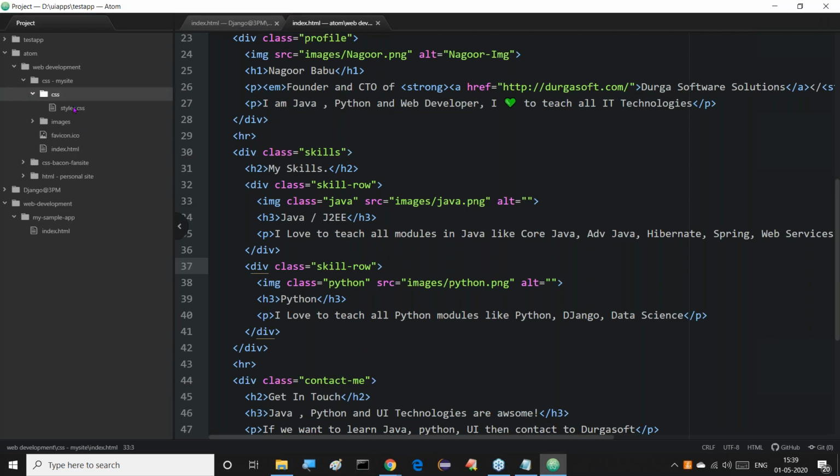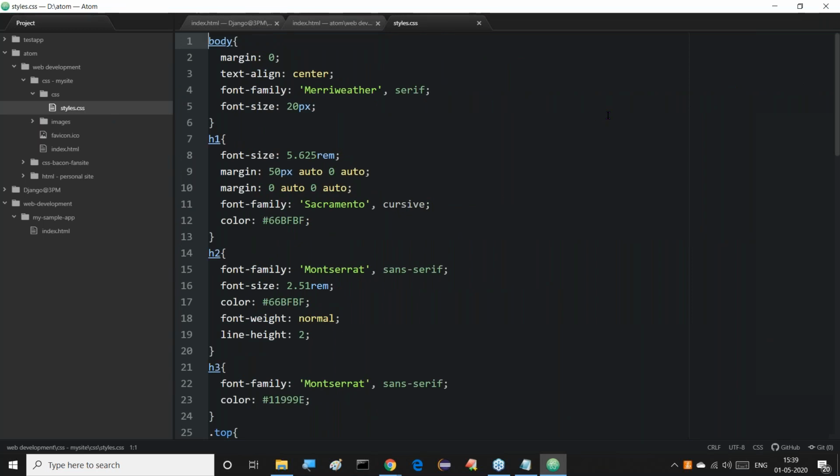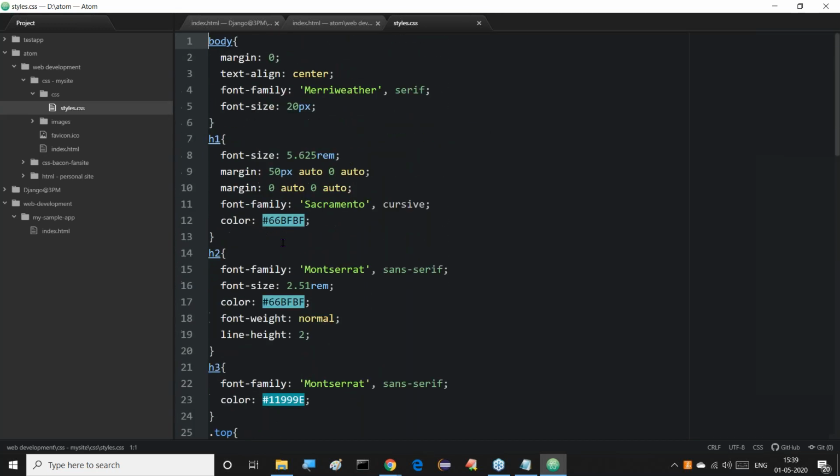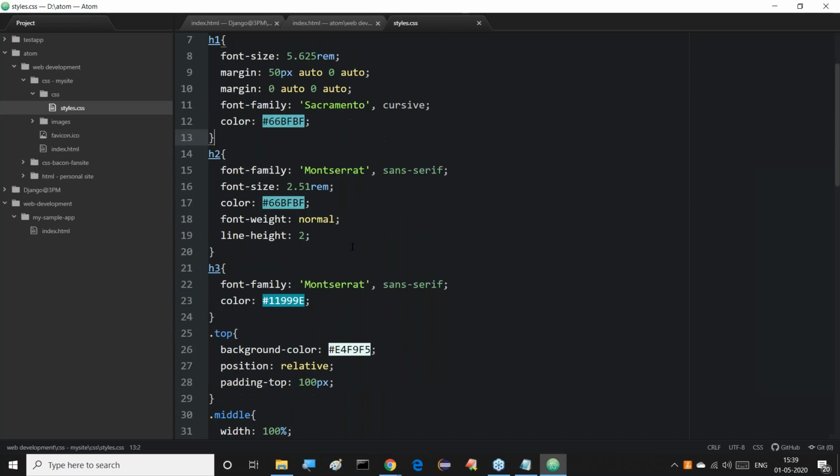If we open the CSS now, I'll open the CSS. We can observe this clearly. Inside this CSS, what I'm providing there, another thing I'm telling you, just try to observe this clearly. For example, here this is color. This is a hash code for a particular color. When I type this color hash code, I want to see the color directly. I want to see that color directly. I will give one example there.